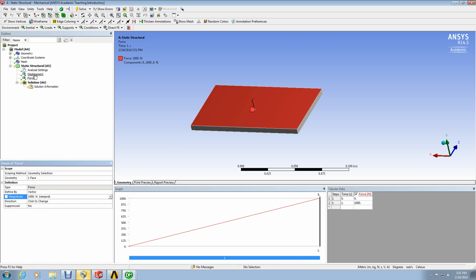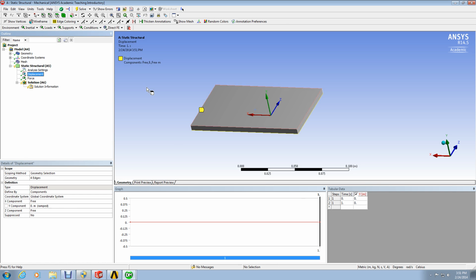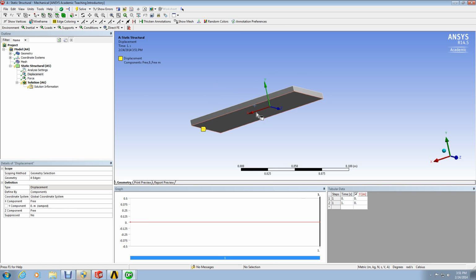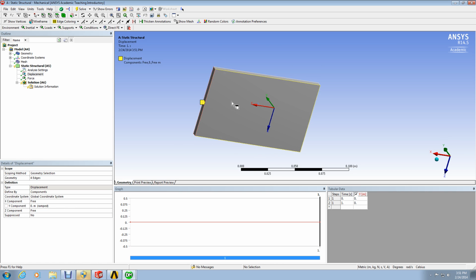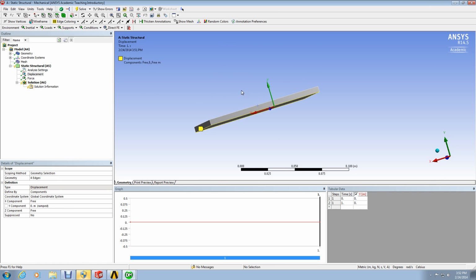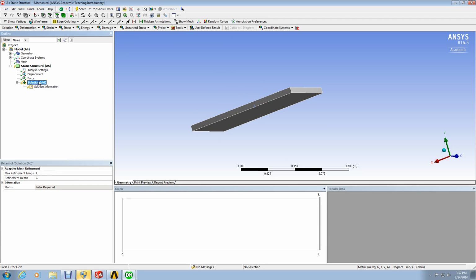So now we have the force, we have displacement, and if you look here at the displacement, it just gives displacement component free and free. So if you go to solution now, and you just put solve,